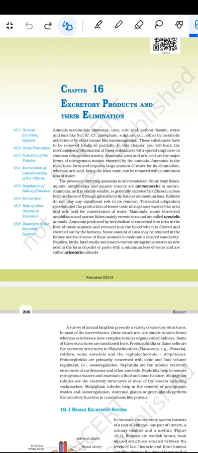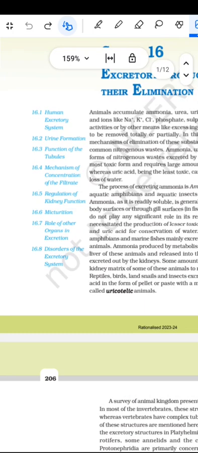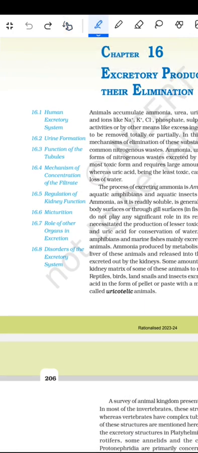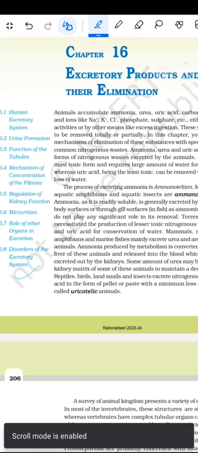तो अब आता है एक्सक्रीटरी प्रोडक्ट्स एंड देयर एलिमिनेशन। तो इसमें जो ह्यूमन एक्सक्रीटरी सिस्टम देखेंगे, फिर इन्फॉर्मेशन, फंक्शन ऑफ द ट्यूब्स, मैकेनिज्म ऑफ द कॉन्सेंट्रेशन ऑफ द फिल्ट्रेट, रेगुलेशन ऑफ द किडनी फंक्शन, मिक्सचुरेशन, रोल ऑफ द अदर ऑर्गन्स इन एक्सक्रीशन और डिजॉर्डर्स ऑफ द एक्सक्रीटरी सिस्टम देखेंगे।